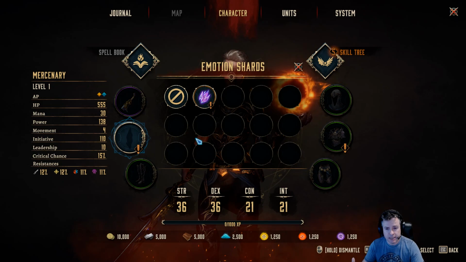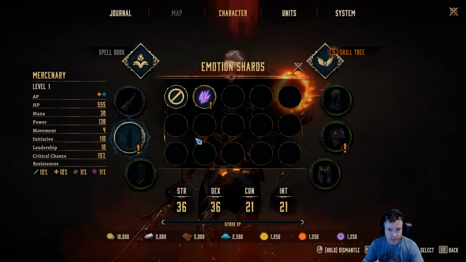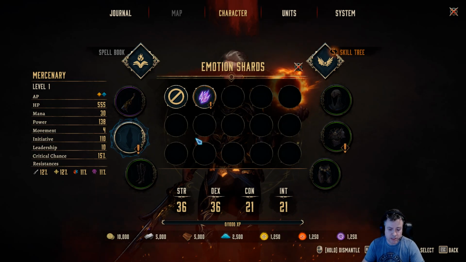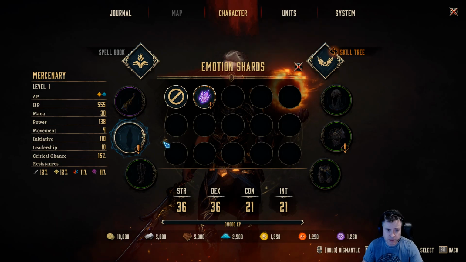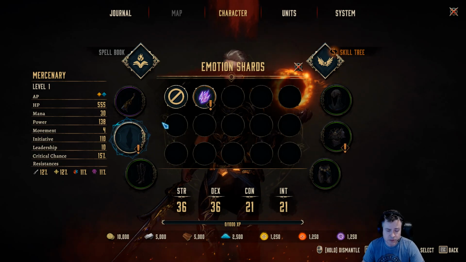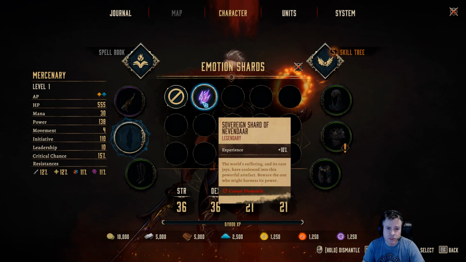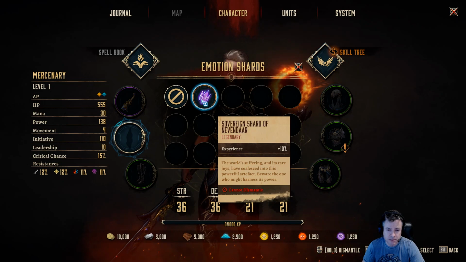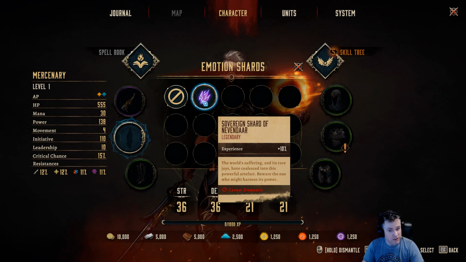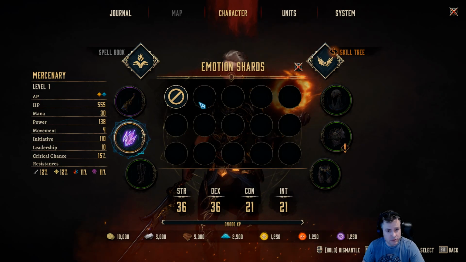You can interchange inventory items with any companion or the main character that you wish, as long as they have the class to equip it. So that's cool. It's not bound to you. Even the deluxe items that you get with the deluxe version aren't bound to you, which I think is nice. So right here, you start with Sovereign Shard of Nebendar, which gives you plus 10% experience. I'm not sure if everybody starts with that or if you have to have the deluxe edition, but we'll equip